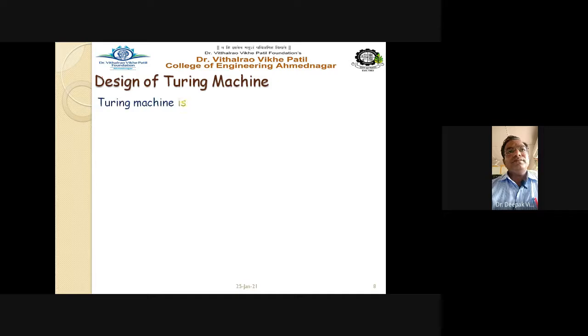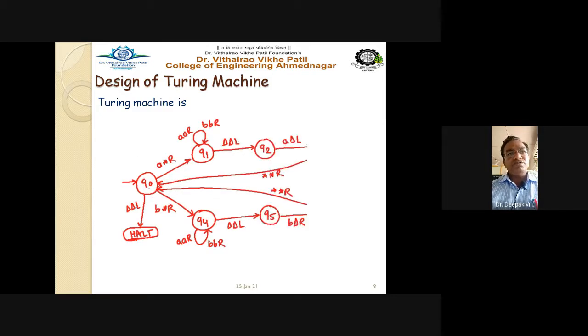We can draw all the transitions we have written here by distributing them into a number of states like Q0, Q1, Q2, Q3, and accordingly we can draw the transitions with the Turing machine diagram. At Q0, this is small a, star, R. So input is A, you mark output as star and move toward the right hand side. At Q1, read capital delta, write capital delta and move toward the left.